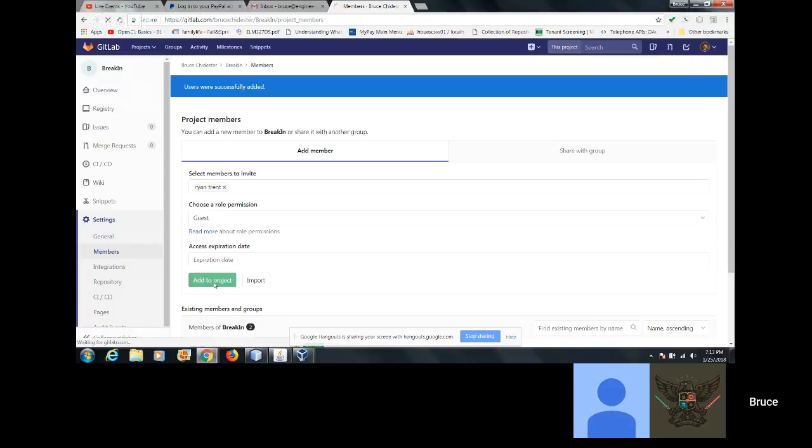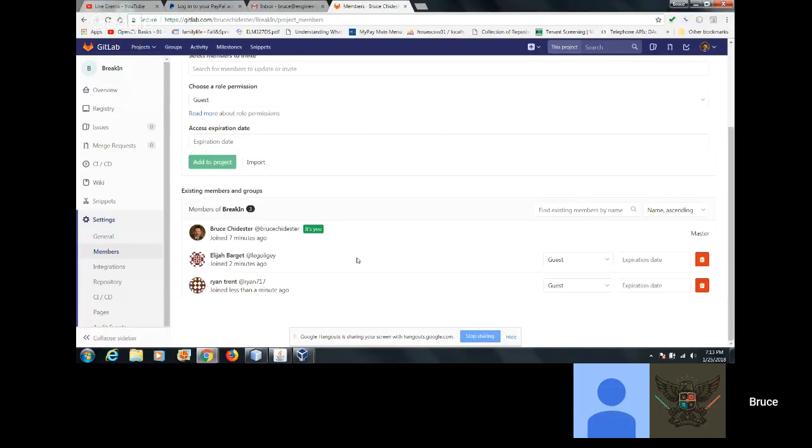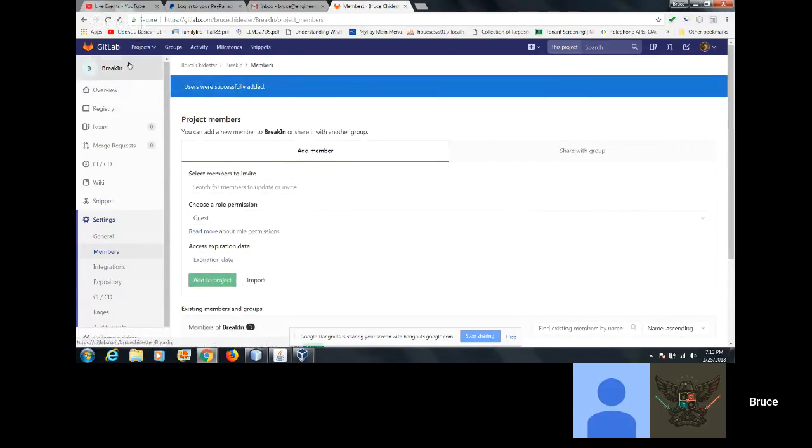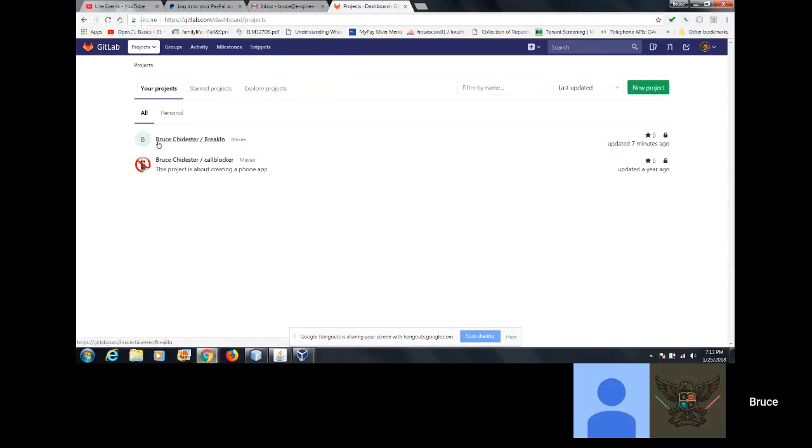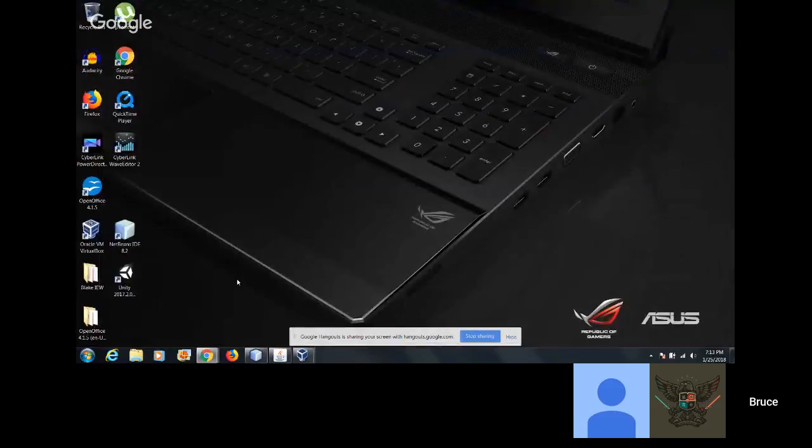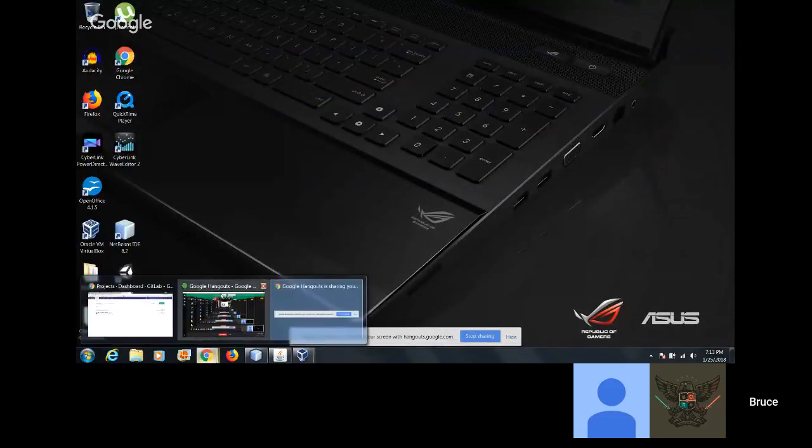Okay, you're both added to this project. Now, if you go to your projects folder, you probably will be able to see break-in. Okay, I see it. You guys probably won't see the call blocker, but you'll see break-in, right? So one more thing is go to your browser.